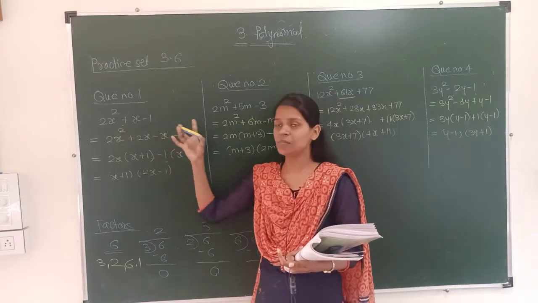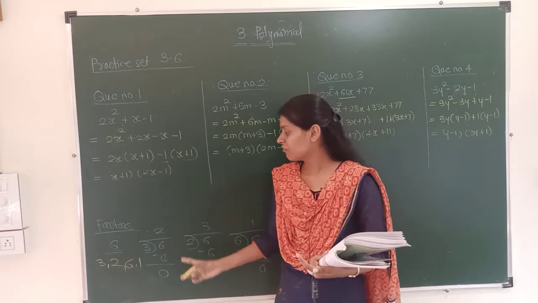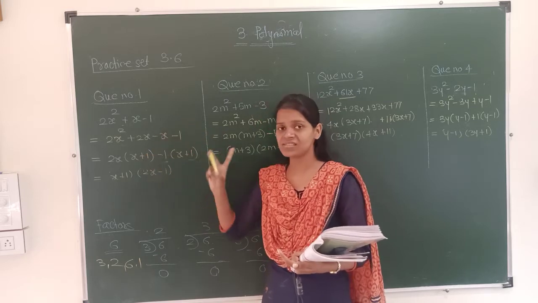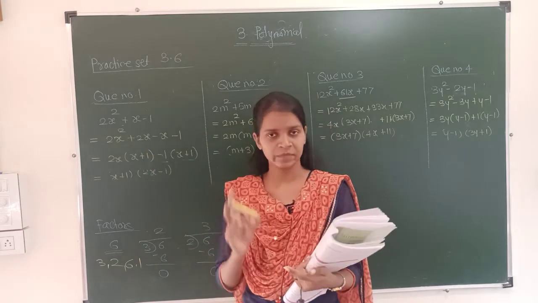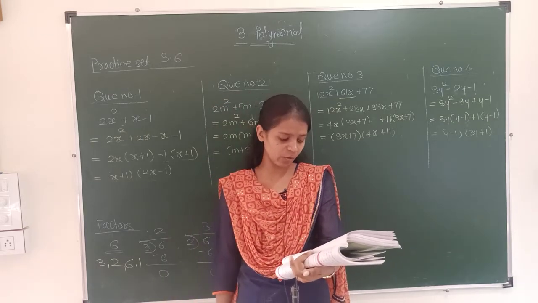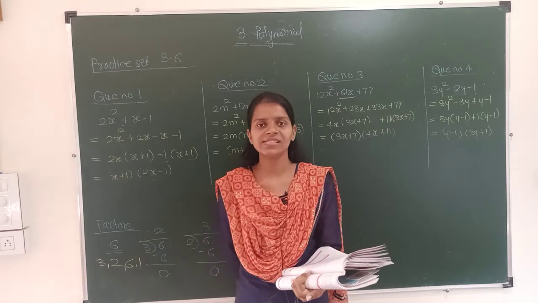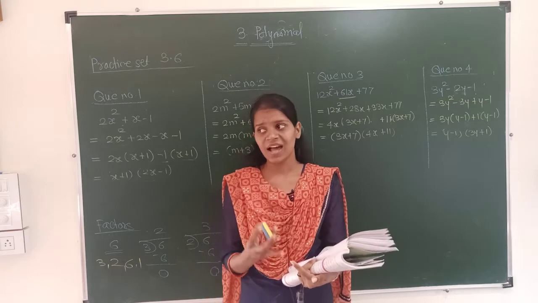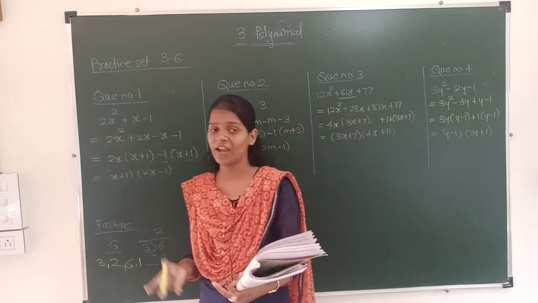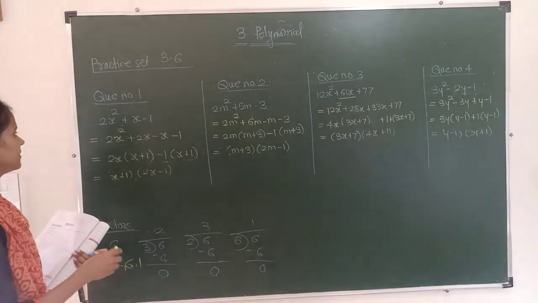If they have given us a polynomial, we have to find such factors for it. But keep in mind, the factors will not be digits. They will be polynomials, because we are looking for the factors of the polynomial. Is that clear? So we will start with your practice set 3.6. Today we are going to see question number 1, and in the next video lecture we will see question number 2. In the 7th or 8th standard, you have learned about these factors. So please don't have any kind of confusion. For those who don't know, I am explaining again.